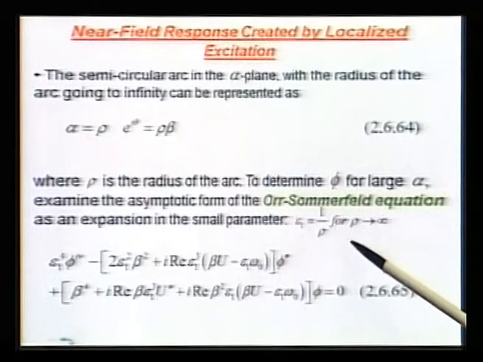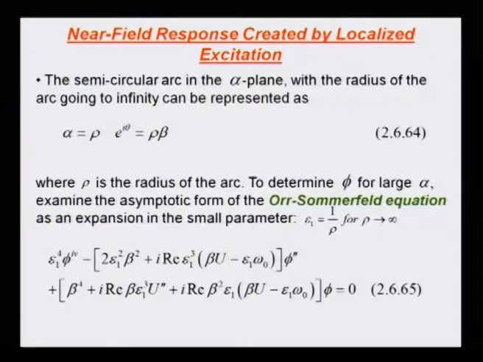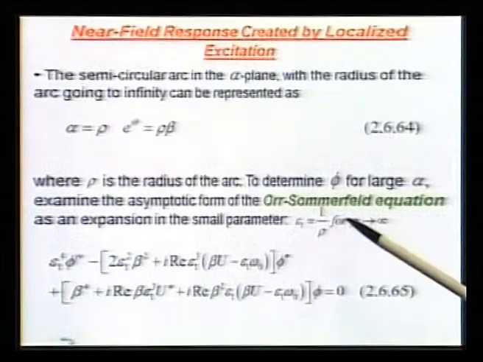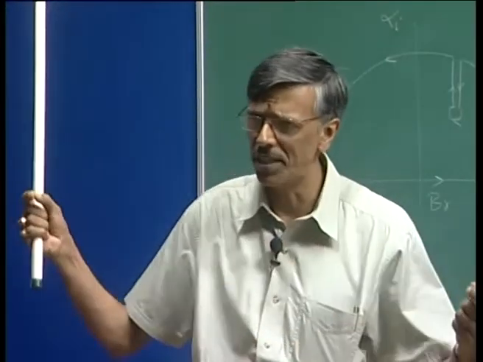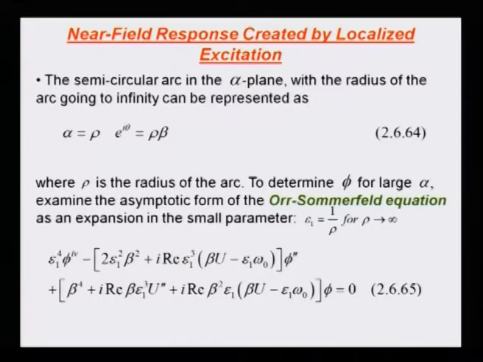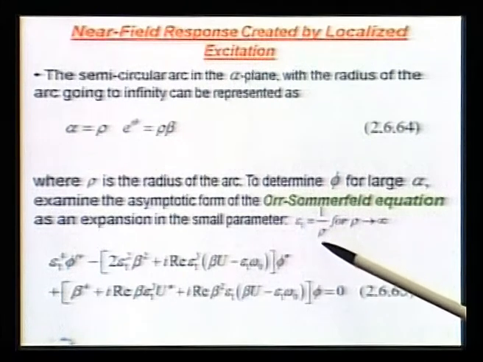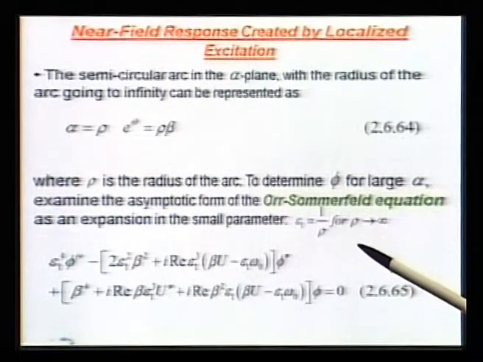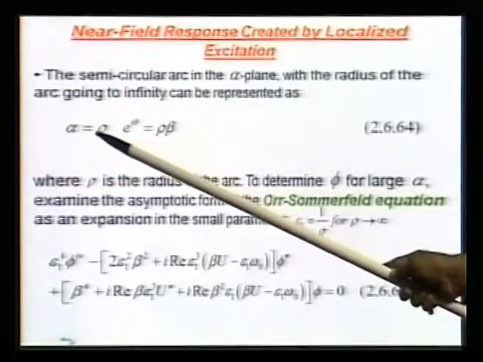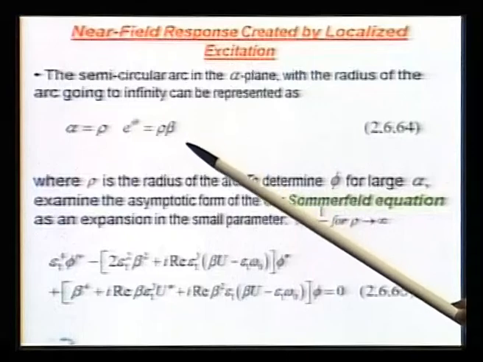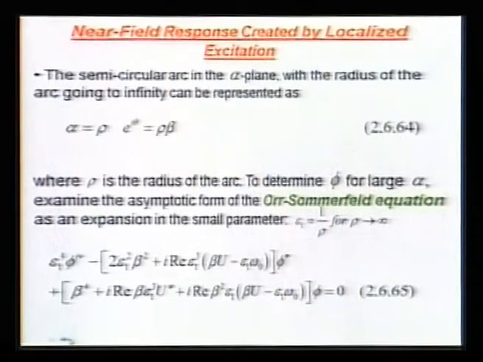What we can do is look specifically at the solution of the orthogonal equation for the case when the radius of this arc goes to infinity. That automatically brings in a small parameter epsilon, which is nothing but the reciprocal of the radius. And once I decide to do that, I plug the expression alpha equal to beta by epsilon 1 into the